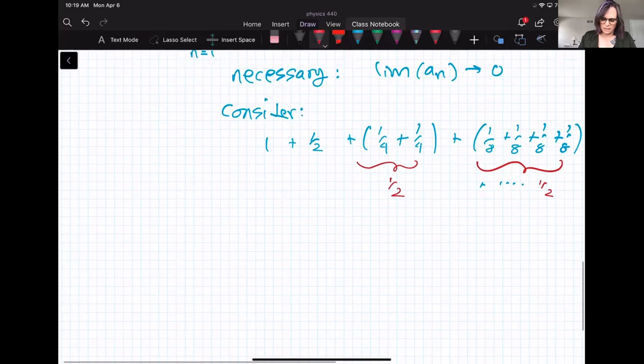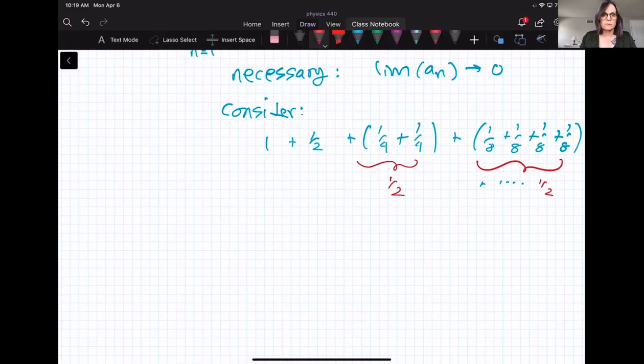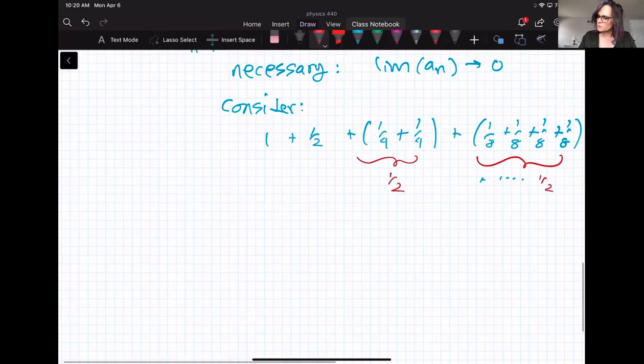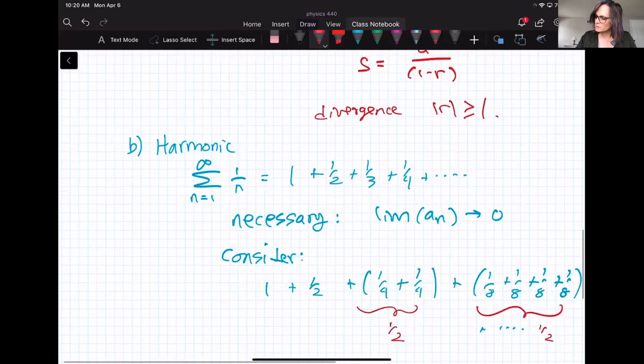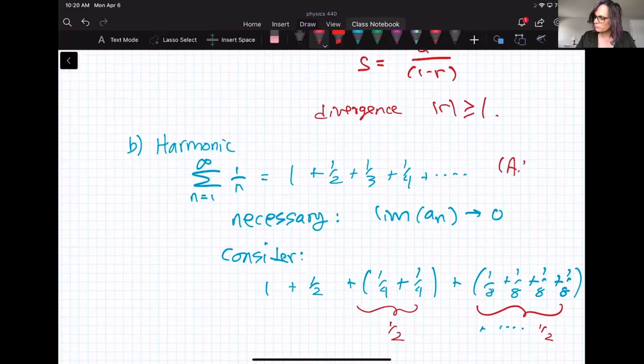I think it's obvious that this would diverge if we do this through an infinite number of terms. And of course, this is not something in which each successive term is monotonically decreasing. If we regroup, though,